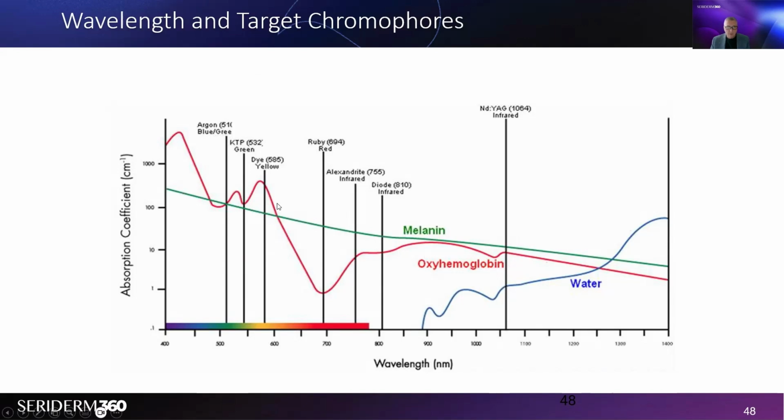Much lower absorption than the lasers here. Okay, so the Nd:YAG is a useful laser because it's got much lower absorption in melanin, which means it's much safer for darker skin types. So people often struggle with this. So remember, it's the coefficient